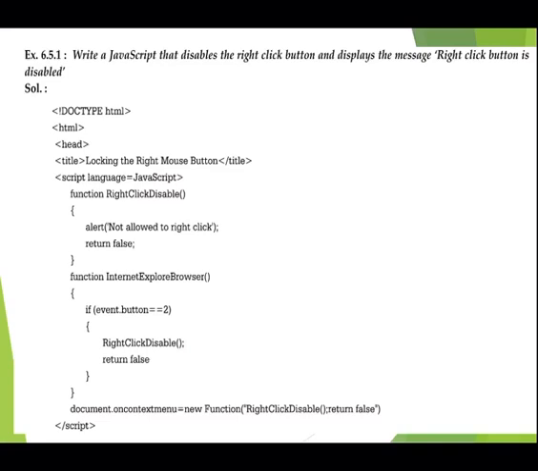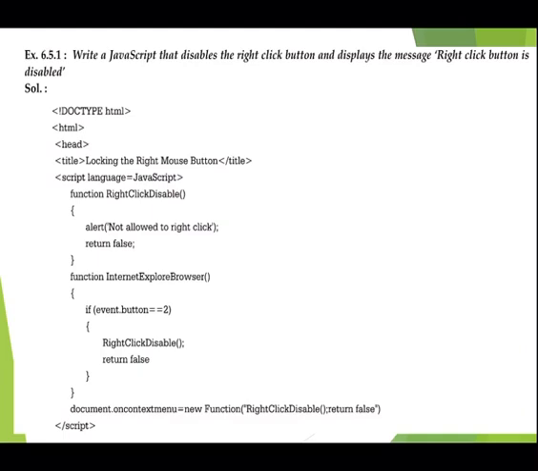So if event.button is equal to 2, that is, if you are clicking your right button, then the rightClickDisable function will be called and it will return false. It will give an alert that not allowed to right click. So when you click your right mouse button, an alert message will be displayed and you cannot view your source code. Close your if and then close your function.